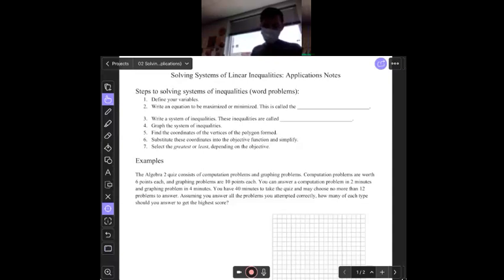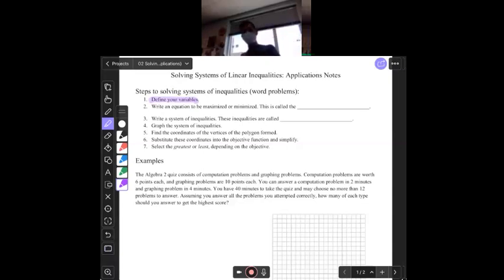They are fairly in-depth problems. There's a lot for us to do here. So of course, I need you guys to make sure you're speaking up if things aren't making sense. But the first thing we want to do is define our variables, just like how we talked about a week ago when we were doing the systems of equations with the word problems. We want to start off by making sure we understand what we're looking for, and naming that, and being really clear about what it is exactly we're looking for,